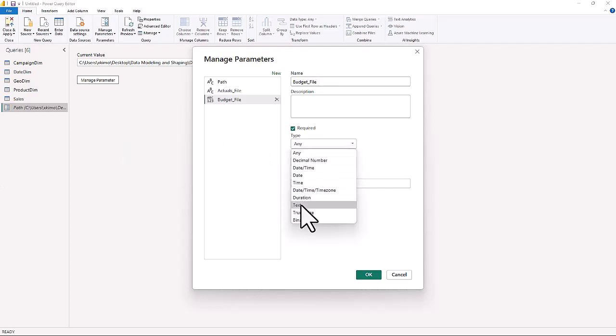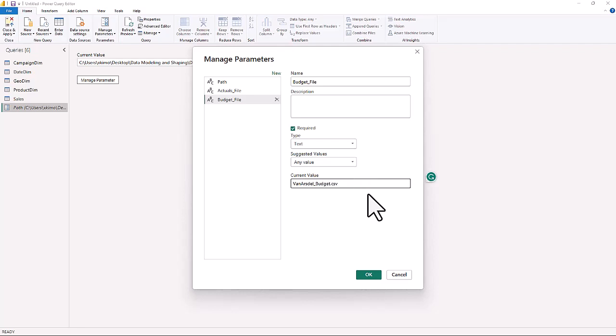The type will be a text, and the current value is going to be Van Arsdale budget.csv. That is a budget.csv. That will be in the data file as a CSV in the attendee folder, the data folder. So once you click on the description and download it to your desktop and extract the files, you will have